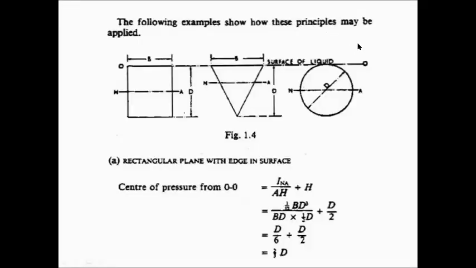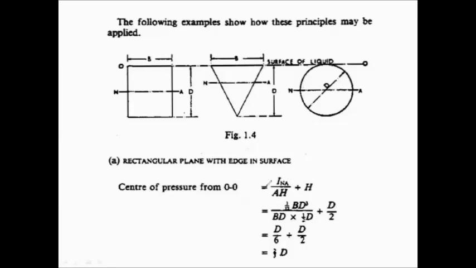So we will see the calculations which we have done for the bulkheads. If it is a rectangle type bulkhead, if it is a triangular type bulkhead, or if the bulkhead or any object has a circular shape, how do we find the center of pressure? You can see here, which we have already done for the triangle, but still we have a collection of all the formulas together here. So you can see the rectangle plane is there. The formula to calculate the center of pressure is I NA by A H plus H.